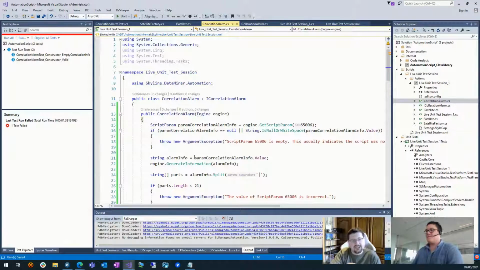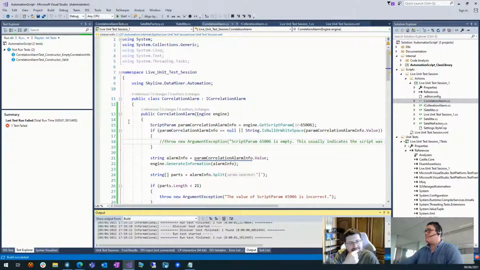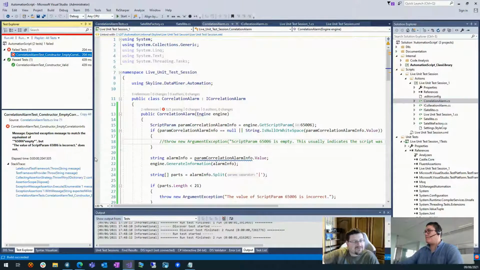Okay, so just to show you an example now, let's remove that throw argument exception, or comment it out or something like that. And let's run our unit tests. Now, if we were right, there we are, I was expecting one of them to fail because I'm missing the argument exception, and I'm expecting one of them to pass, which it did. So we've done everything to parse it correctly, very fast, but our requirements are failing. How do we know? Because the unit tests are failing, and we've used unit tests to define our requirements.